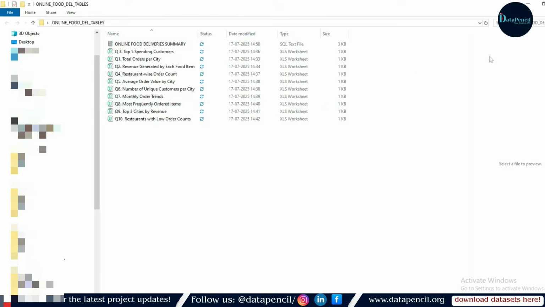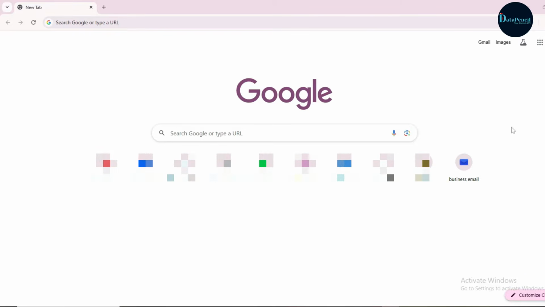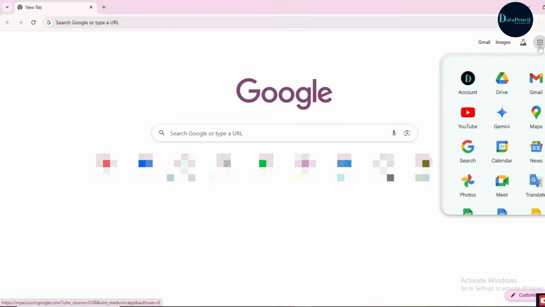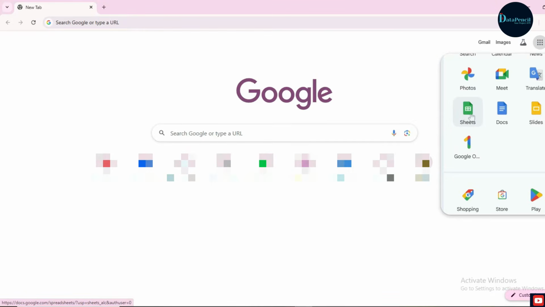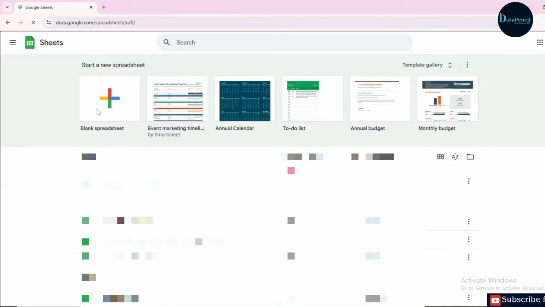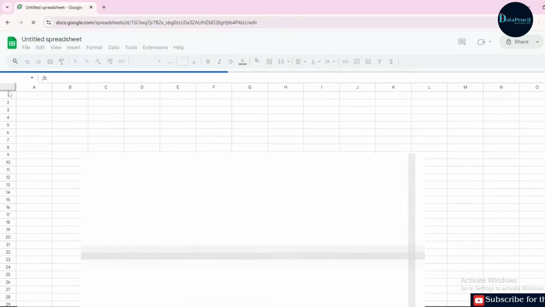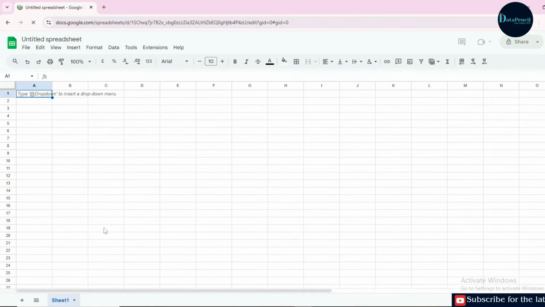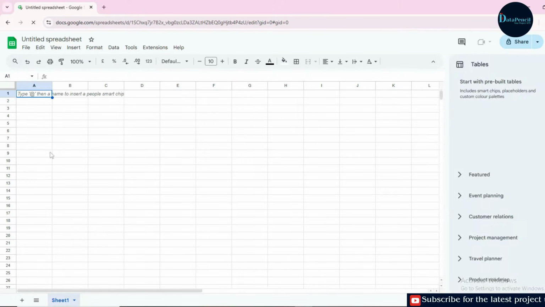All right. So what we have to do, let's see carefully step by step. Now you can open your web browser. It can be Google Chrome, and after opening, here you can see it is written Google Apps. When you click on it and scroll down, here it is Google Sheets. You have to simply open Google Sheets. And then after that, you will see this window. Here you can see this plus icon. You simply have to click over this plus icon, and then one new spreadsheet will open. All right. Till here, everything is easy. I hope you guys will face no problem.